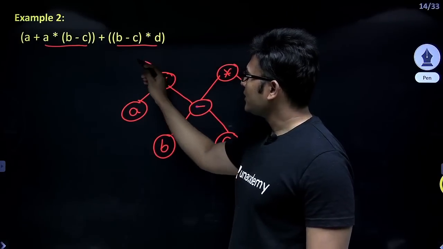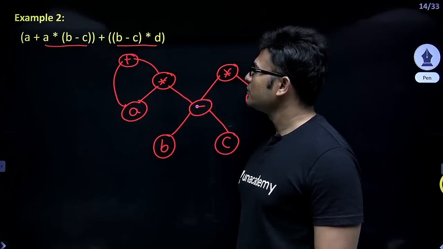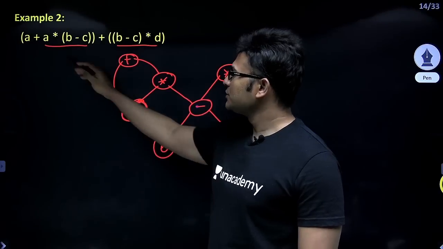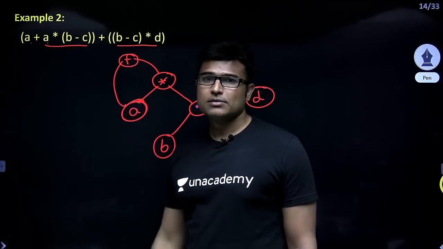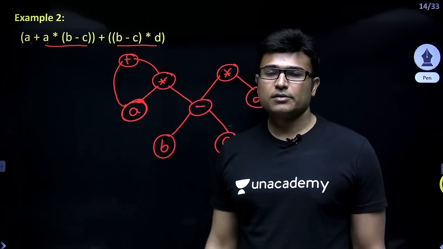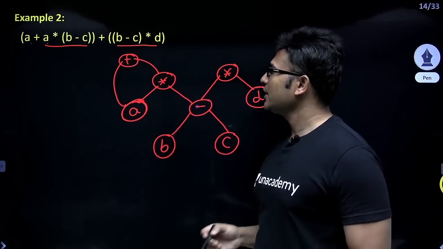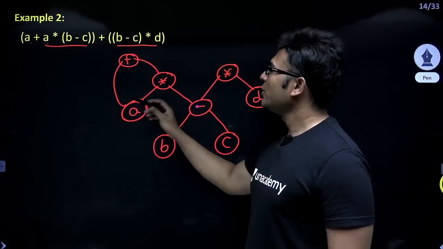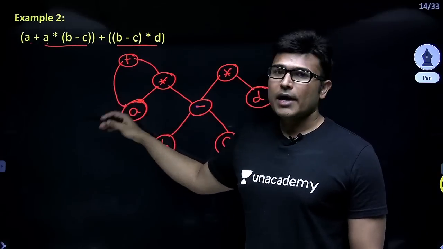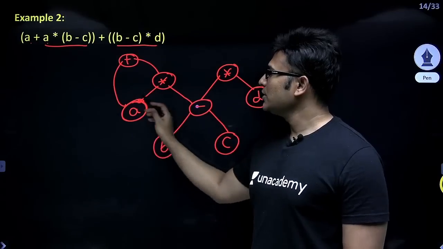So whatever value I get, I'm going to add the same value, the same plus. So now if you observe it, A is already used and the same A is used, right? You have to be careful here. Is the value of A changing? It is not changing. Therefore it is a common expression. So that is why A is again used, right? So that is DAG. Syntax tree would have actually made one more value, one more A, and it would have done A plus that, okay? But DAG will actually reuse it.